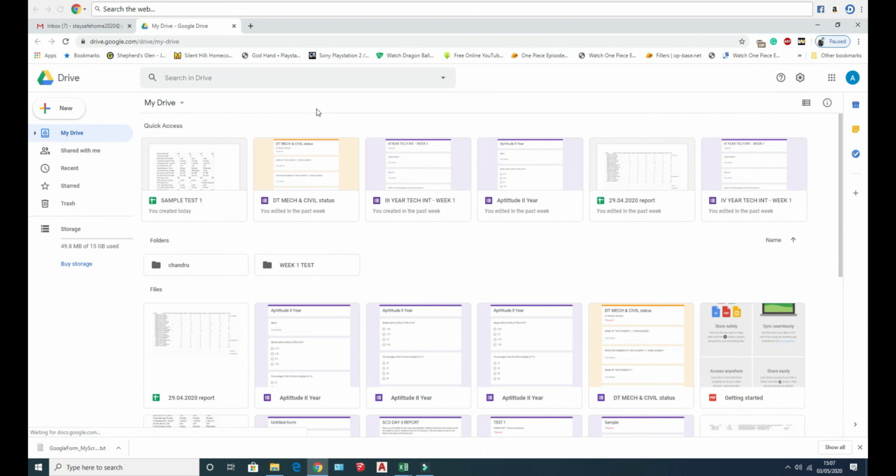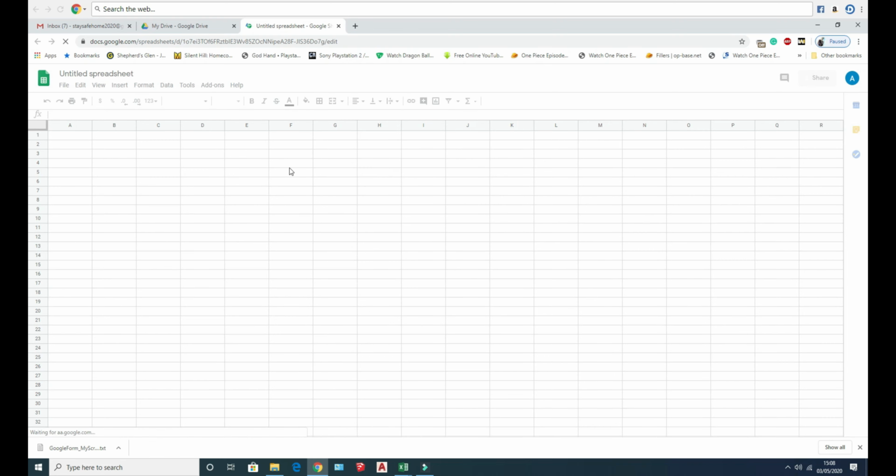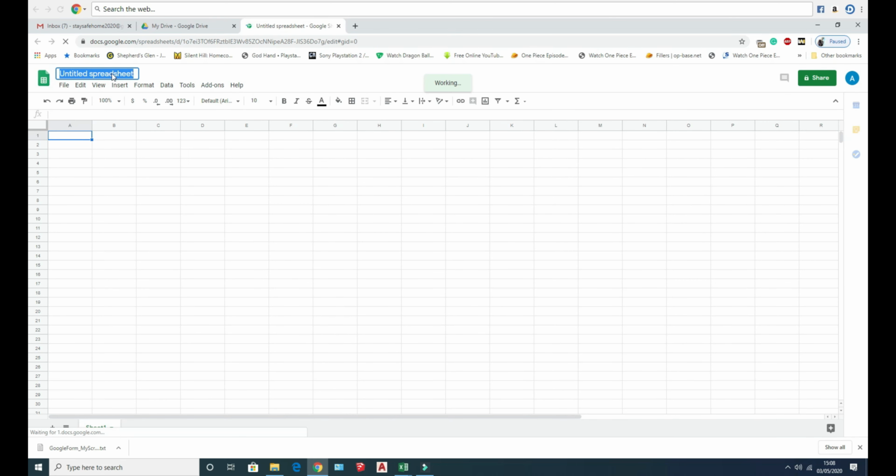Now in my Drive, I have to create a Google Sheet, a blank spreadsheet, and rename the Google Sheet as test 1.